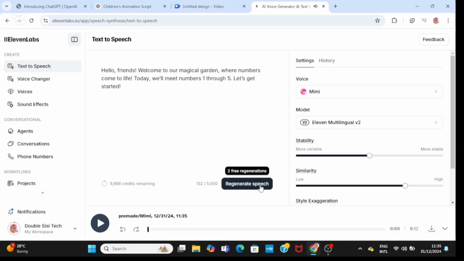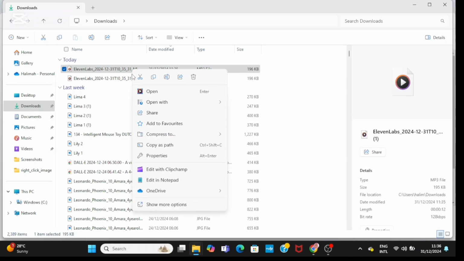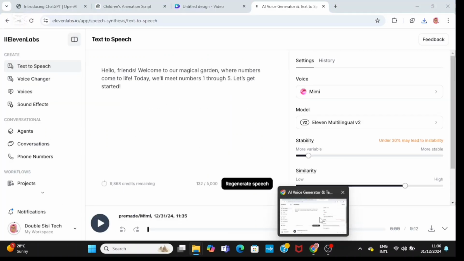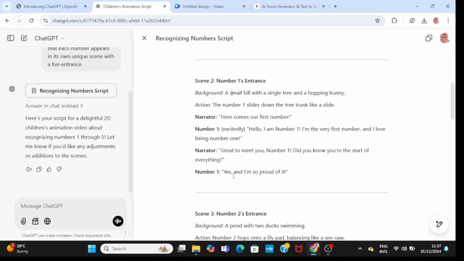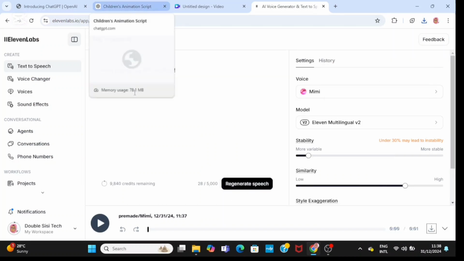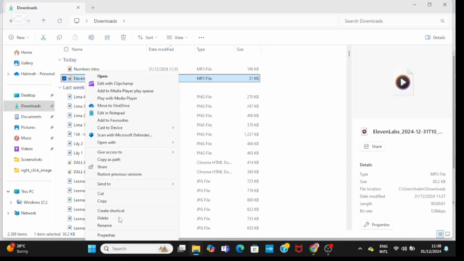Once it's done generating, click on this arrow to download it. Then go to your computer's download section and name your downloaded voiceover. This is very important so you don't get confused. Next, bring the second narration for number 1. Then go back to 11 Labs, paste it, click on generate, then download it. Go back to your computer and also name the second narration so that you don't get confused when you upload